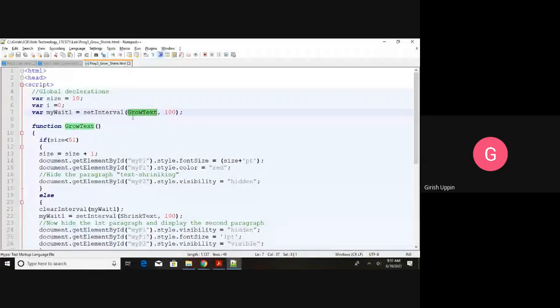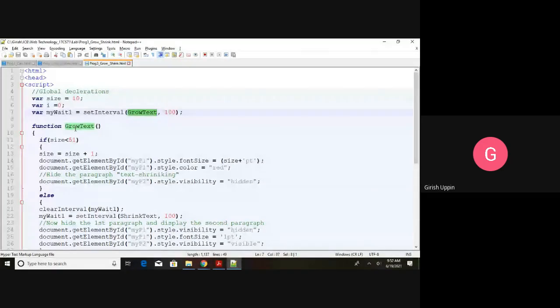The name of the function is given as the first parameter, and the second parameter is the frequency with which it will call this function, represented in milliseconds. 100 is the millisecond. So it will set a schedule and call this function every 100 milliseconds, and it will keep on doing that.